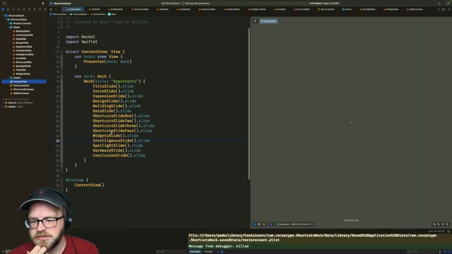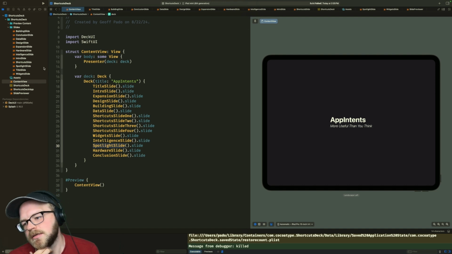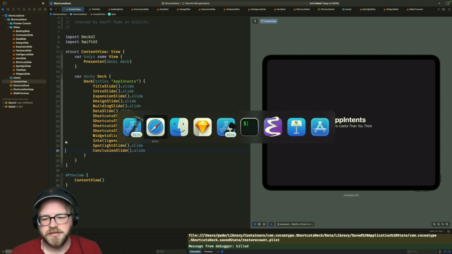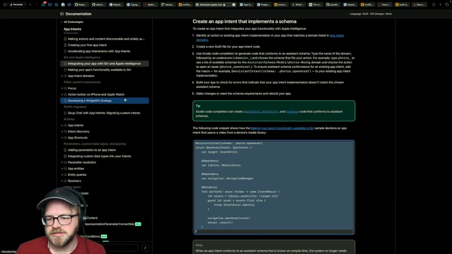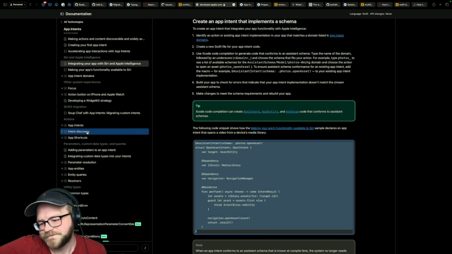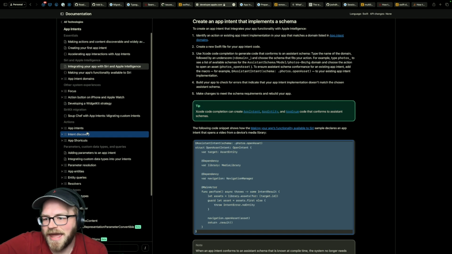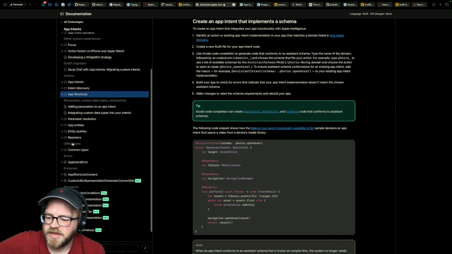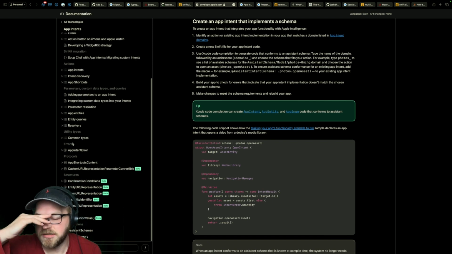What's next? Spotlight. Okay. I don't want to deal with this one. Let's just drop the hardware slide entirely because there's not actually that much useful in that one. It's just like, oh yeah, you can make it work with the action button. But really all the action button does is just run a shortcut. Is there actually anything interesting there as far as I know? The focus filters honestly is more interesting than the hardware intent.